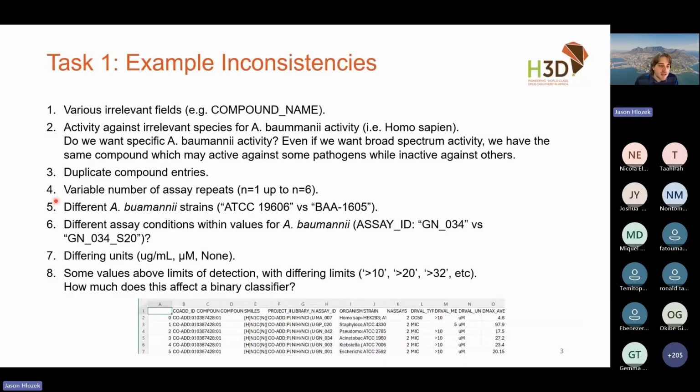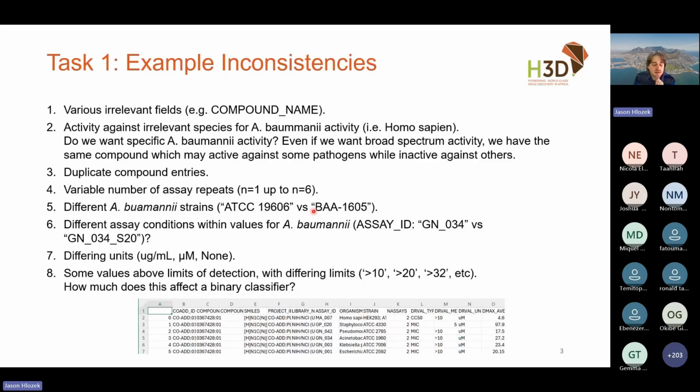Of course, when we say Acinetobacter baumannii, we don't just necessarily mean measuring one thing. There are different strains: clinical strains, wild type, circulating lab strains. And in this data set, within Acinetobacter baumannii, the strain that was used was sometimes different. And so that means we might need to go have a conversation with our biologist to understand the assay conditions.